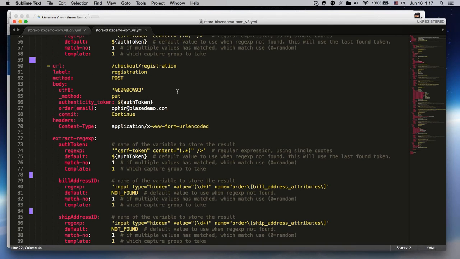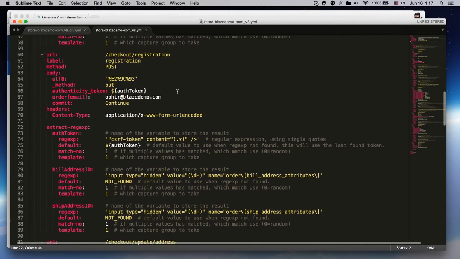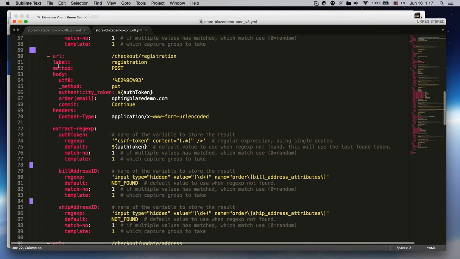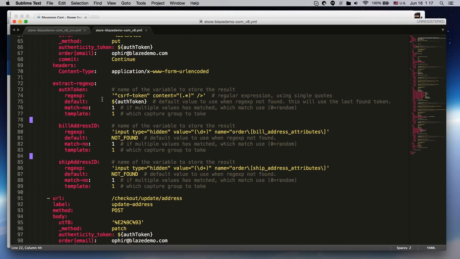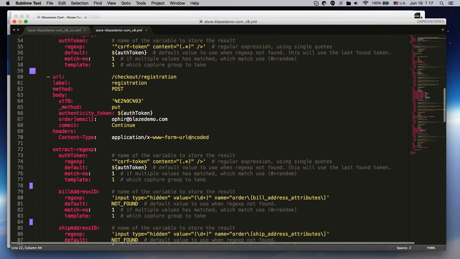Now, you'll notice, I just want to scroll down a little more. Most of this is pretty straightforward. Again, you have URL, method, body. Here, I have a few different regular expression extractors because there are actually 3 different values that I needed to pull out of the response. I needed the authenticity token, but I also needed a billing address ID and a shipping address ID. And again, in order to find these actual names, this was pulled from the checkout